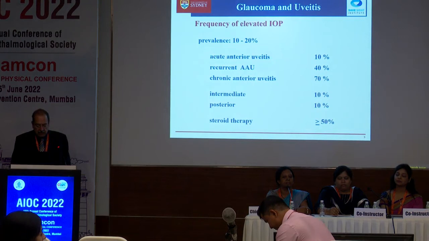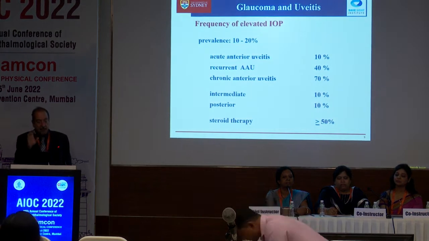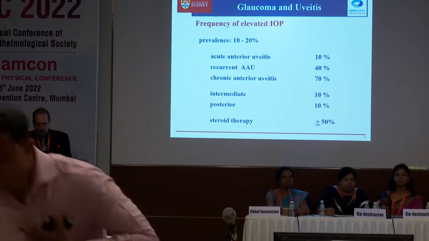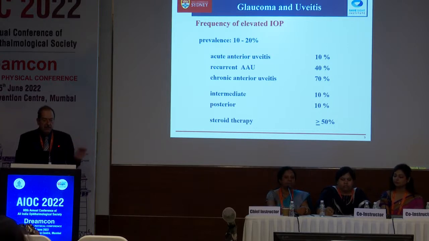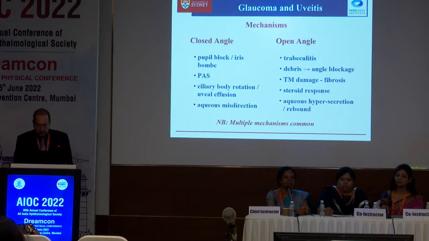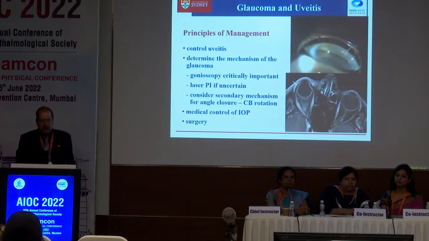If you look at the frequency of elevated intraocular pressure, anterior uveitis, whether acute or chronic, is responsible for 70% of pressure elevation, and steroid therapy for 50%. Posterior uveitis often doesn't have much to do on its own. The mechanisms, quite understandably, could be related to the angle, where you could get angle closure or ciliary body rotation, aqueous misdirection, or it could be involvement of the angle with trabeculitis and blockage of the trabecular meshwork, and of course a steroid response. But quite often there's a bit of this and a bit of that. So when it comes to management,